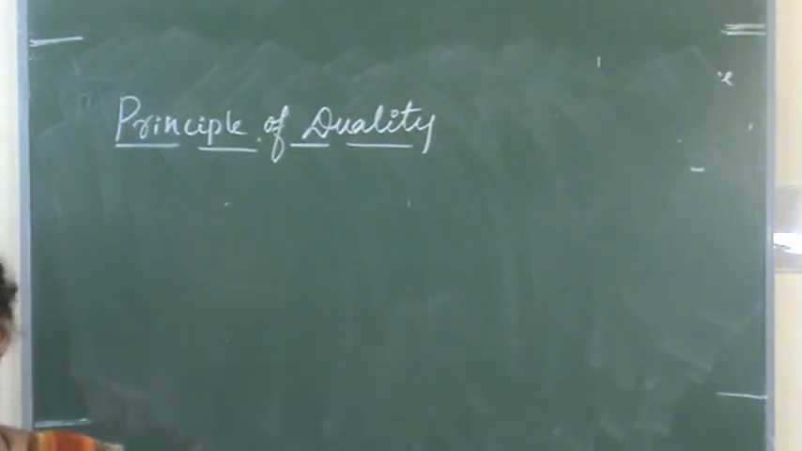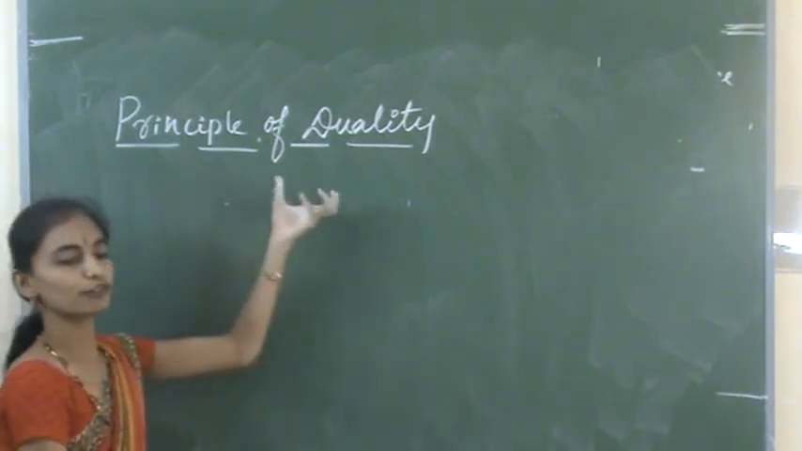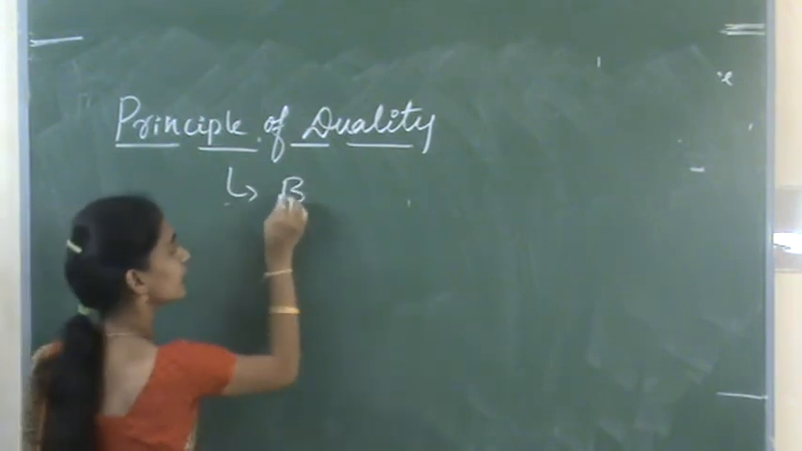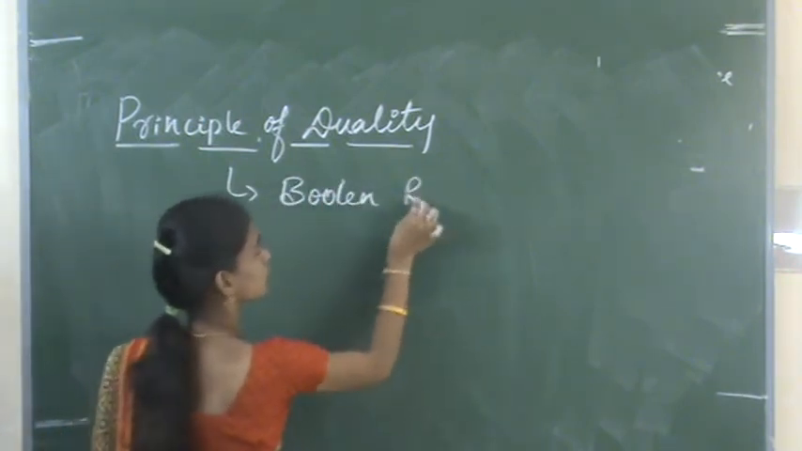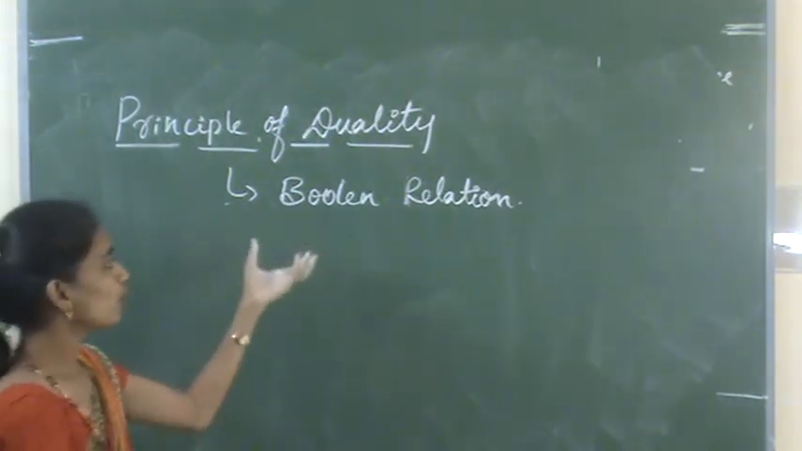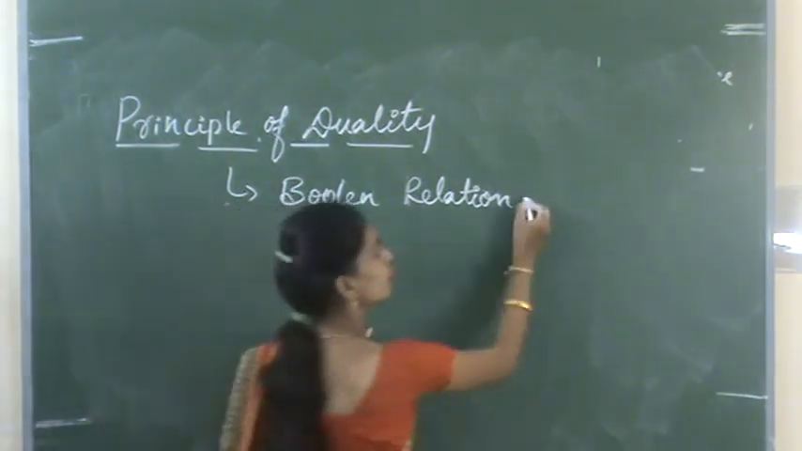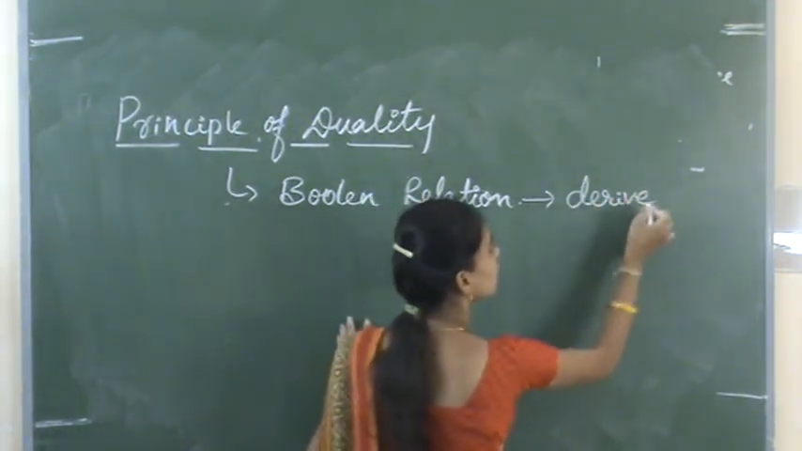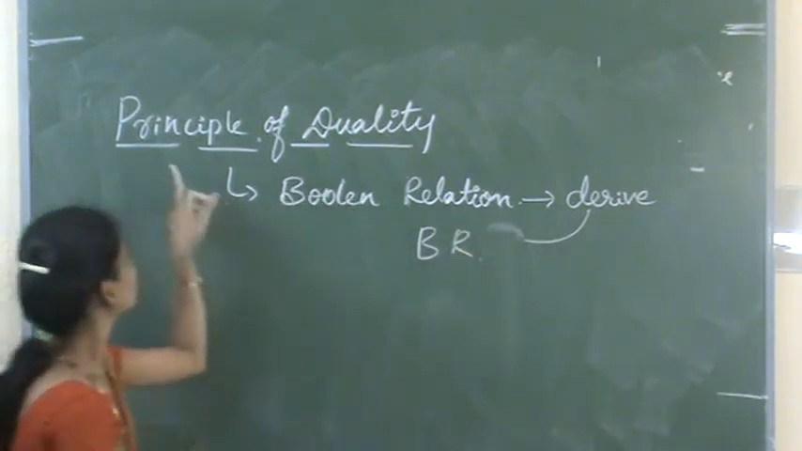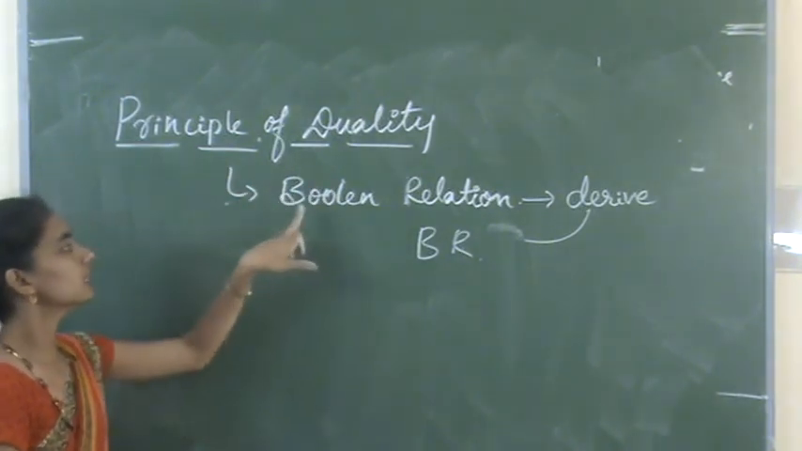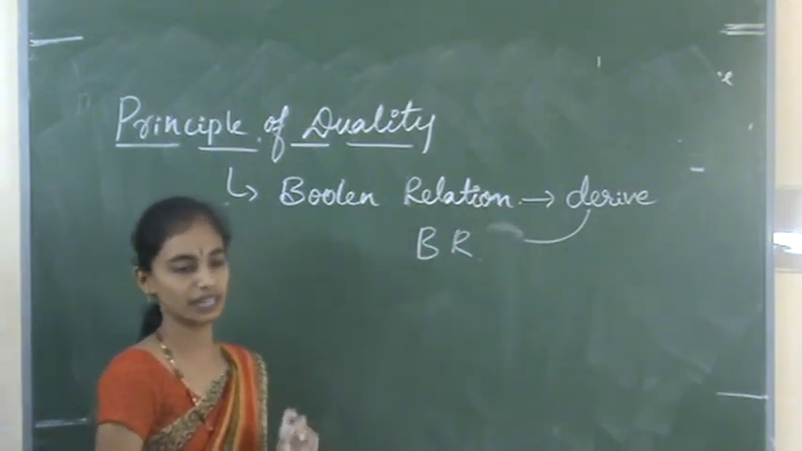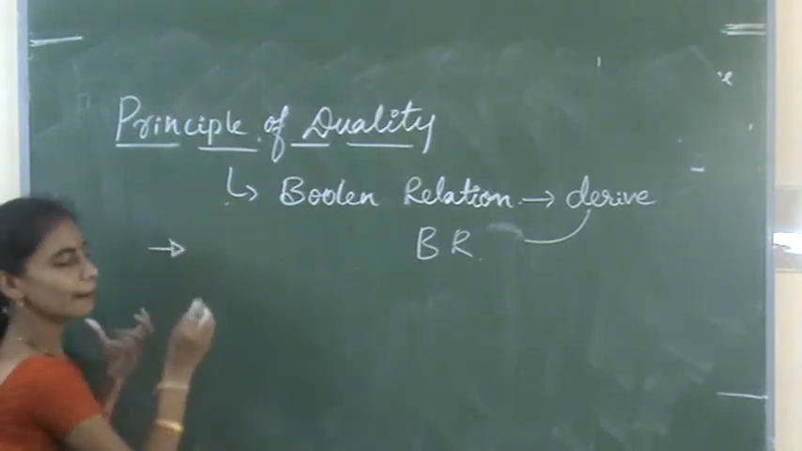Next one is the principle of duality. So what does the principle of duality state? It states that by using a Boolean relation, we can derive another Boolean relation. Okay. So how? By changing